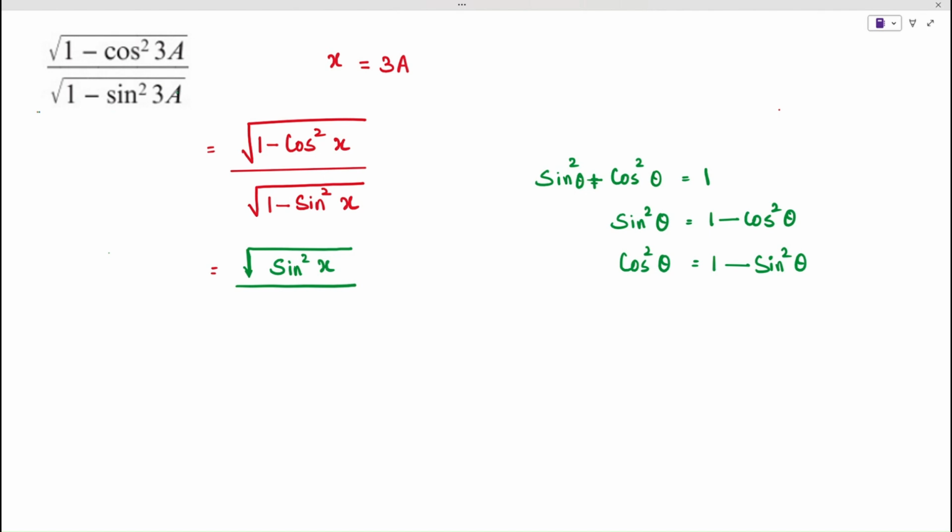In our denominator, 1 minus sine squared theta is equal to cos squared theta, so we have root of cos squared x. Now we can square root our numerator and our denominator. So for this we get sine x